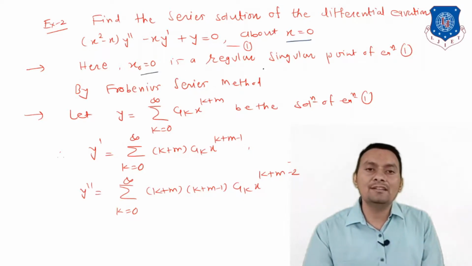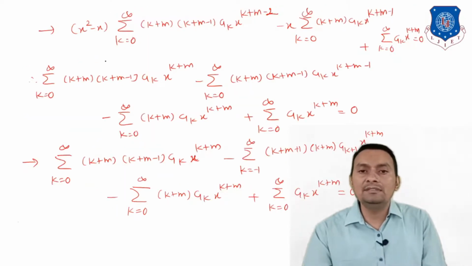So clearly x equals 0 is a regular singular point of equation number 1, which you can verify. Therefore the Frobenius series method is applicable. So this is the assumed solution. After substituting y dash and y double dash over here, and simplifying,